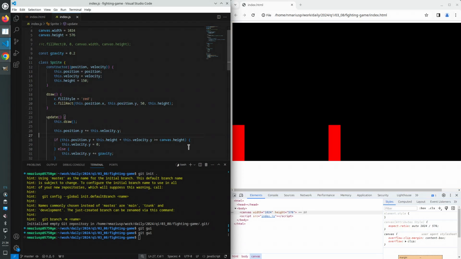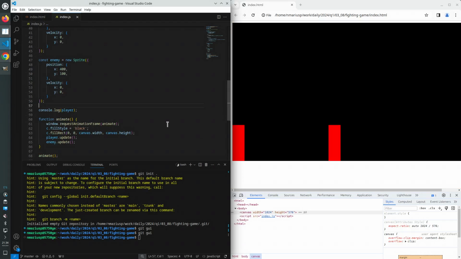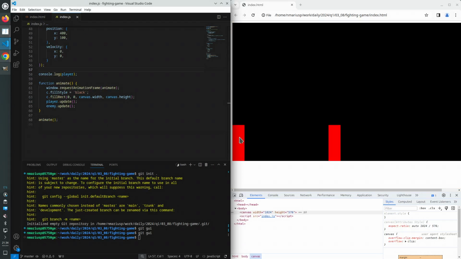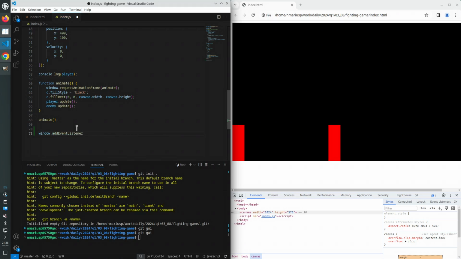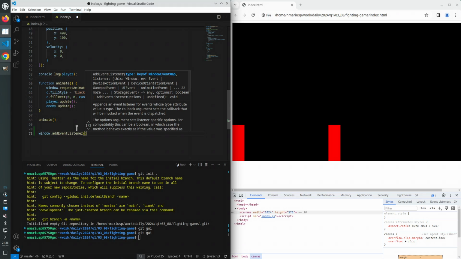Next up, let's implement keyboard keys. So we will be able to play the game using the keyboard keys. Let's first of all see how we can programmatically read the key that has been pressed using the keyboard. Use the object window, and there's the event listener. Add event listener, and we want the event named keydown,